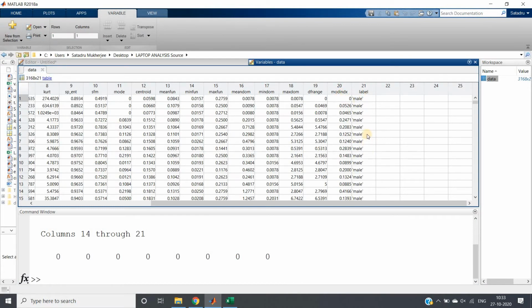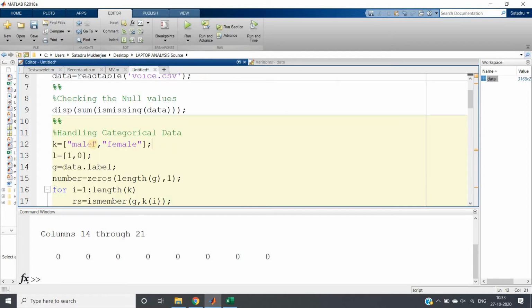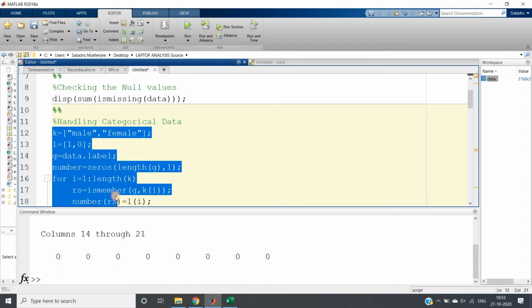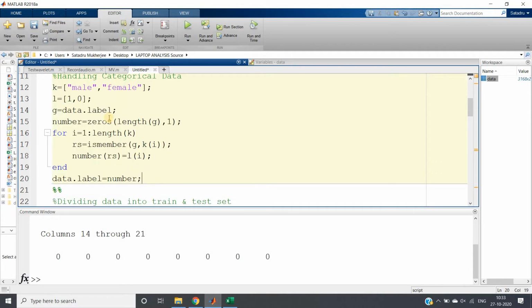Then what we can do, then obviously handling categorical data. See, male female, this one our machine learning model cannot understand. What we can do, we can map male to 1, female to 0, or female to 1, male to 0. Okay, so that's what I am doing. So this particular piece of code I have already discussed earlier, basically where here we are taking the distinct possible values, and to which we want to map.